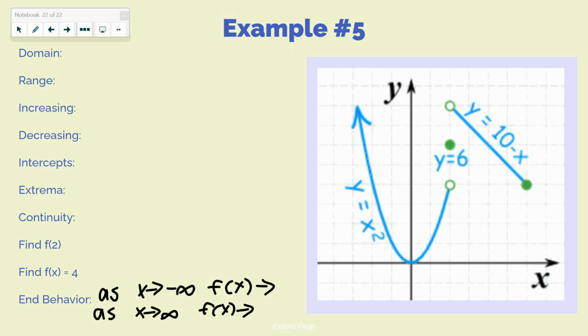I said domain and range are going to be the trickiest here. So, stick with your foundation. Domain means you're going to look from where to where? Left to right. So, if you start all the way on the left, what do we have going on here? Negative infinity. Yeah, you're going left to right. So, negative infinity. And then,